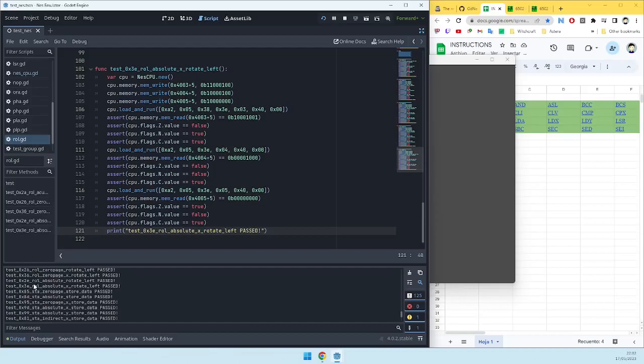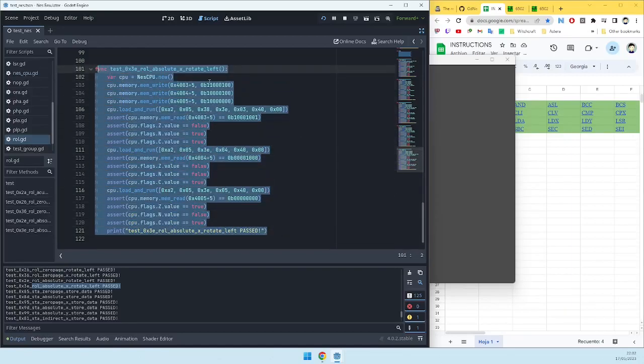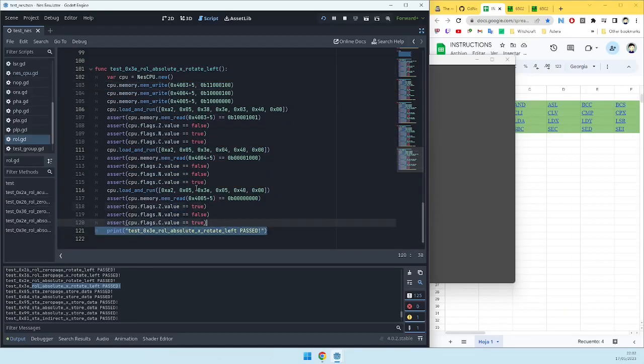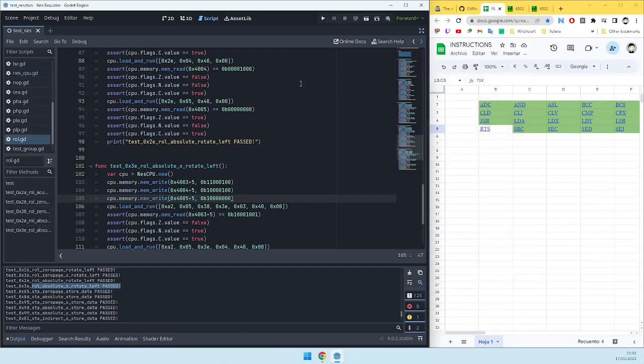So we have absolute X, rotate left. All the weird cases that I could imagine we could find are covered. We never tried using negative offsets, and I think it is always signed, so I don't care very much about that case. So let's deal with it. So this is ready to go,